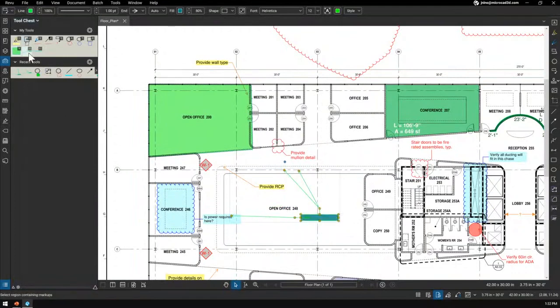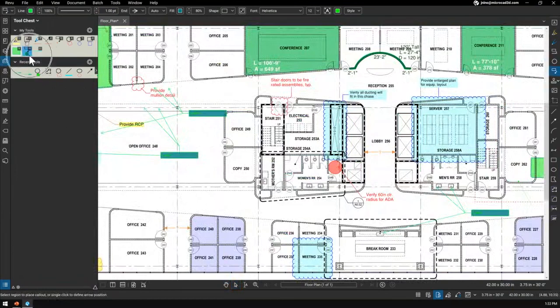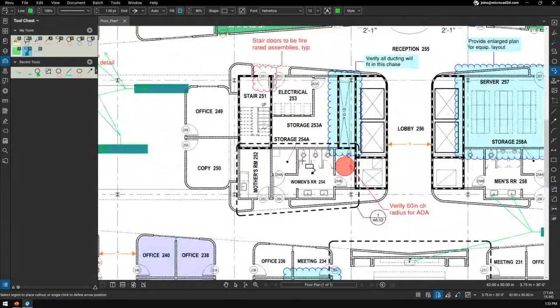So right here, this tool, labeling, I actually don't want to have this weird configuration, right? So if you want to use this type of tool, what you can do is click twice on top of the tool, and you're going to notice that a small box appears. That means that we are in properties mode. And when I click that tool, it's going to allow me to click the selection, and I can go ahead and type in whatever I want. So, for example, right here, I need a detail,